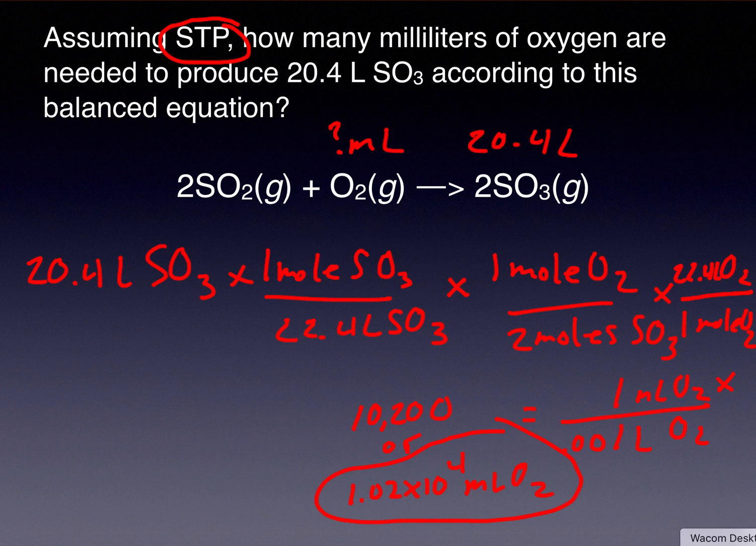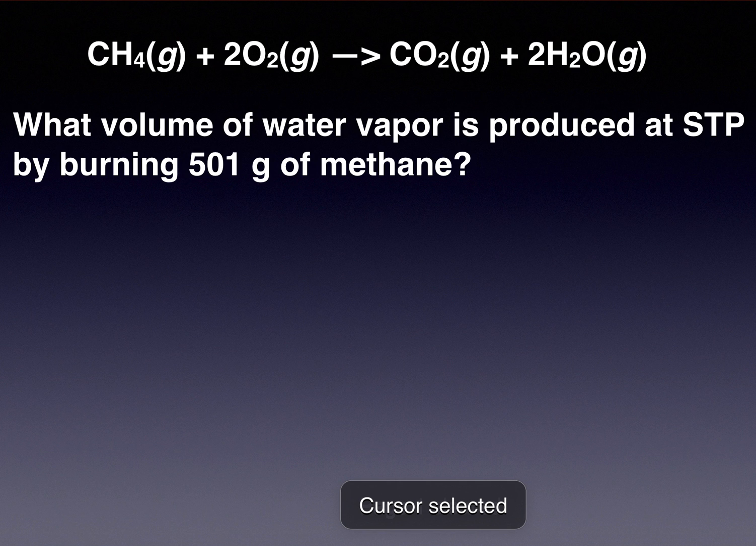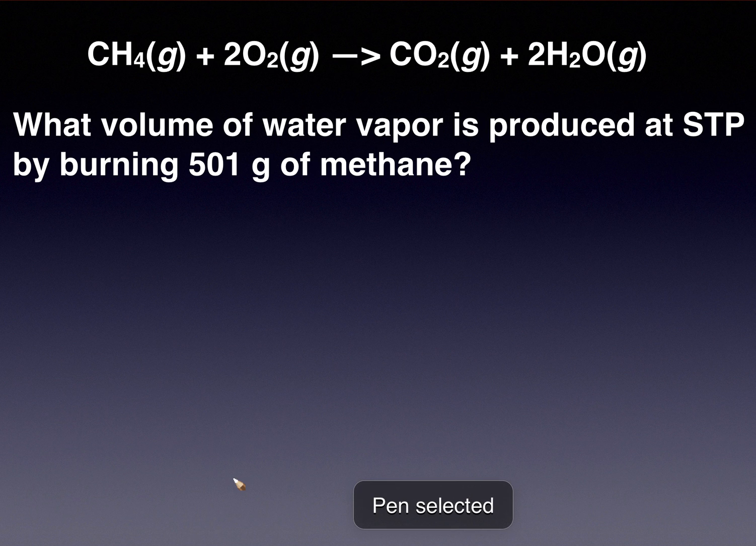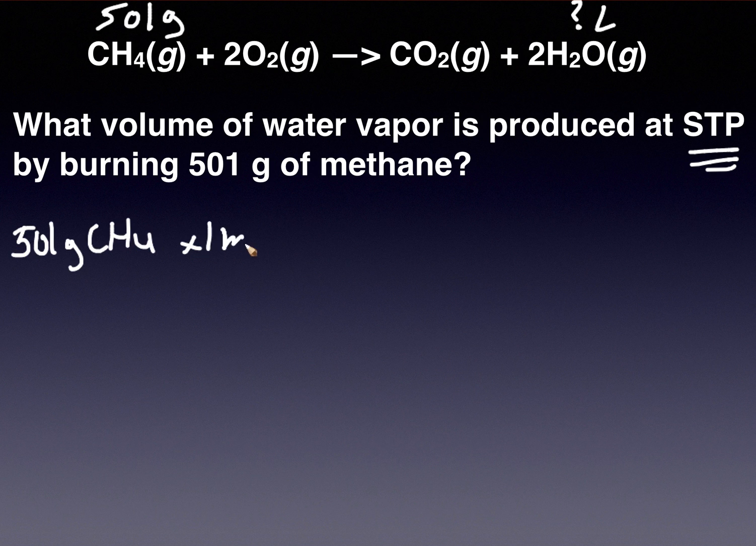All right, and then one example to finish our video off. So it says, what volume of water is produced at STP by burning 501 grams of methane? Right now we'll just say we want to go to liters. So we start with our 501 grams of methane, CH4. Change those to moles. So times 1 mole of CH4